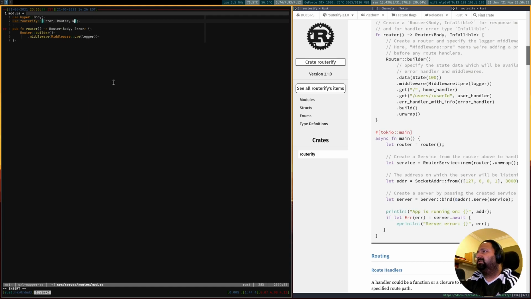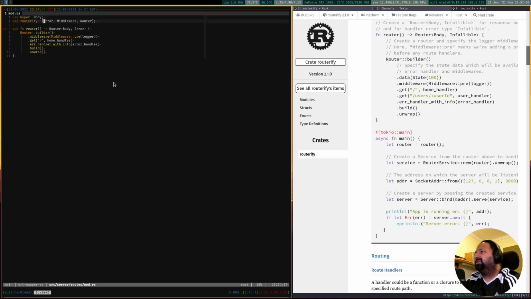So for this we need the middleware, and then we'll set up our home route, we'll call it home handler perhaps, and let's also include the error handler. Build and then unwrap. This is what we're going to return from here.